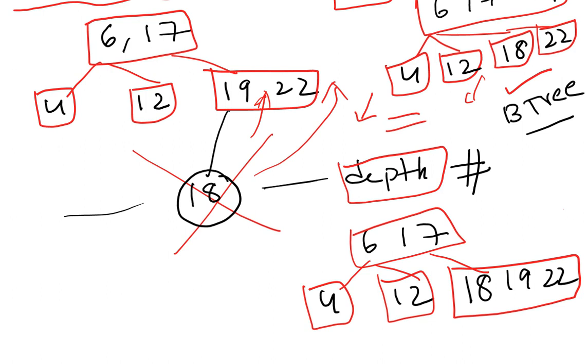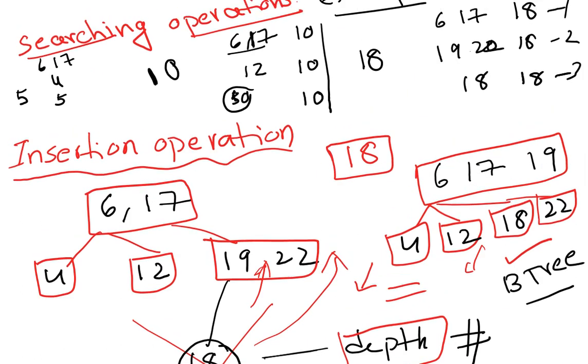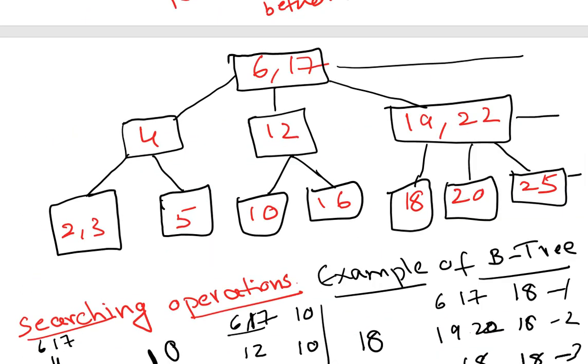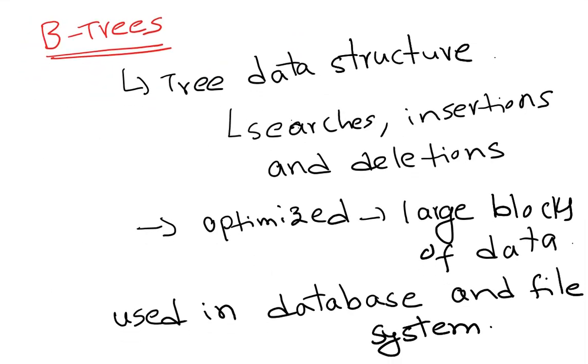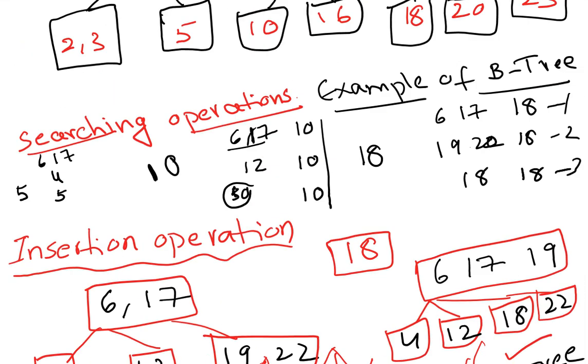So if you insert an element or delete an element, you should check the rules of the B tree, and based upon the rules, we need to adjust the elements, children or parents, etc. They will ask what is a B tree, what is the insertion operation, or what is the searching operation, deletion operation. So you need to draw any example of a B tree and explain it very clearly. You can use the same examples that I used here. I will share a text document as well as a video on YouTube so that you can check it out.